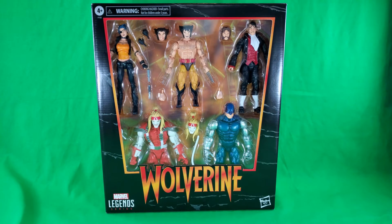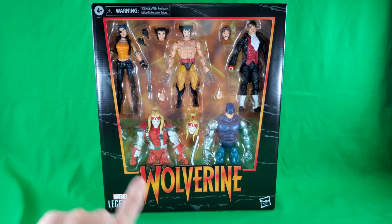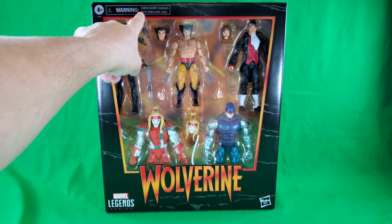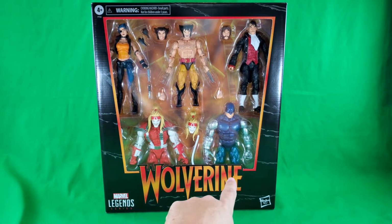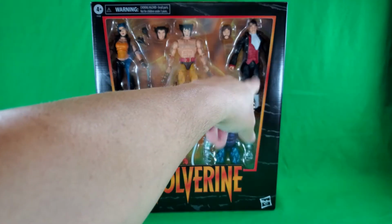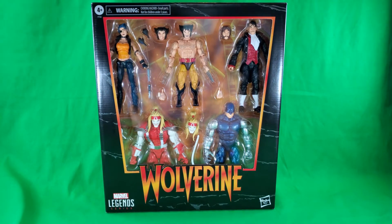And with all that said, let's get into it. And as we always do here on Digital Caveman Presents, let's take a look at the packaging. 4 and up, warning, don't stick things in your pie hole. Nice big window showing most of all of the figures. You see most of Kalista, all of Wolverine, most of Mastermind, and then you don't see from the knees down, at least on Cyber and